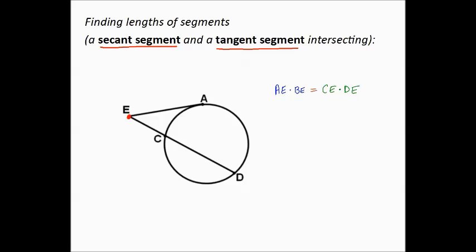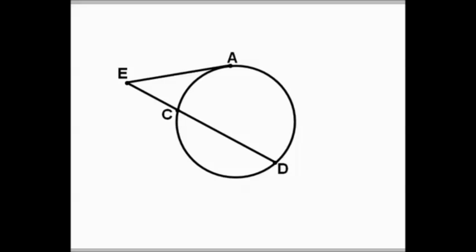However, you might be wondering, there is no point B. The other one makes sense because C and D are on that secant segment and everything has to touch the intersection point, point E in this case, but what about this tangent segment? There's only point A. So I would like for you to consider what it was like when we had two